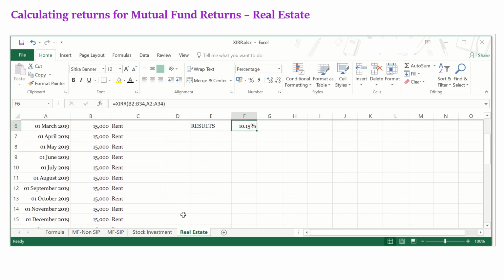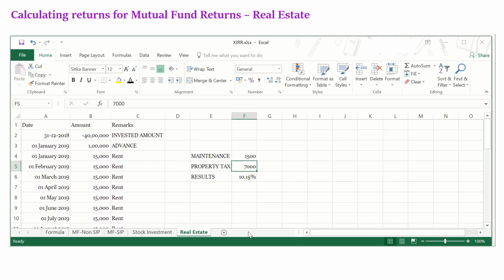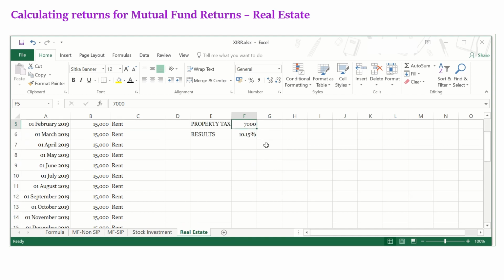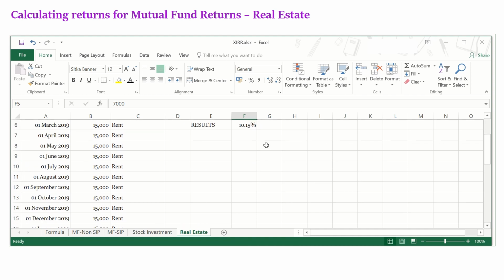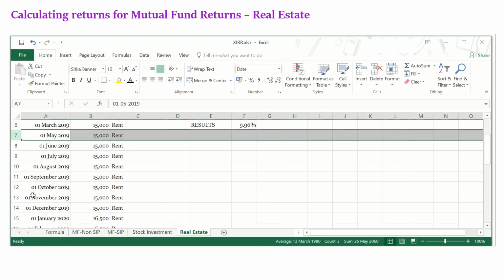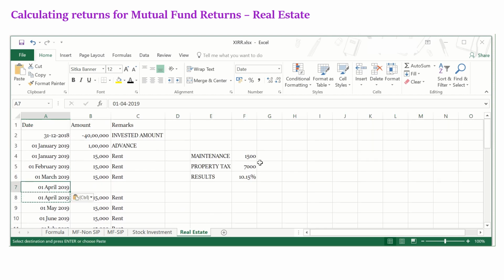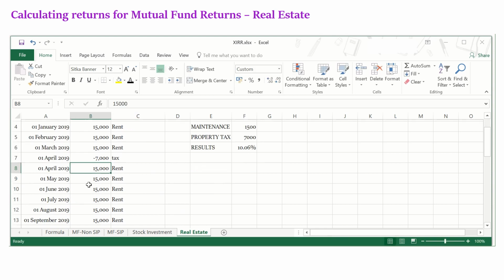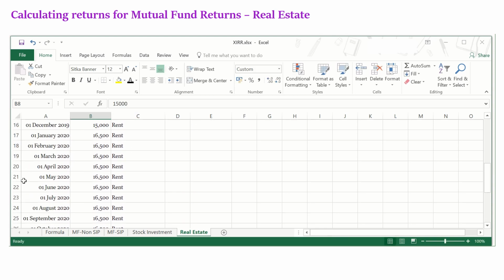And let us say that there is a property tax of 7,000 rupees. So every 1st of April he is supposed to pay that, and that is an outgo. So that should be negative. Property tax minus 7,000. So again for April 2020, I need to add that minus 7,000 tax.